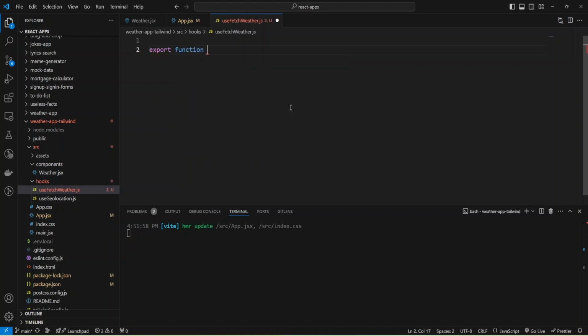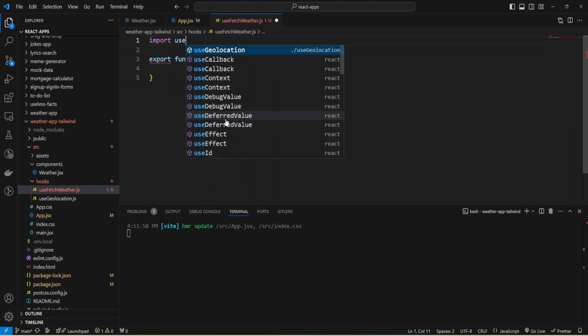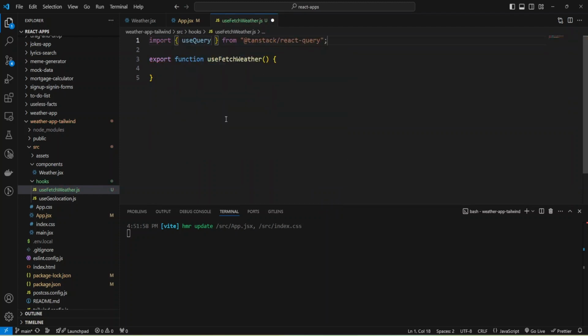It will be a function and name useFetchWeather. Okay, and inside this hook, I'm going to use useQuery from our package, and now I need some data.